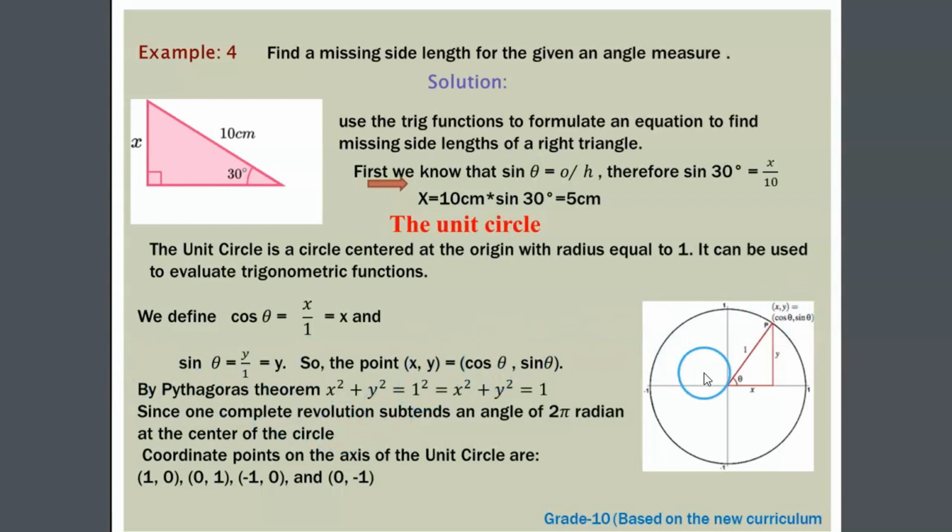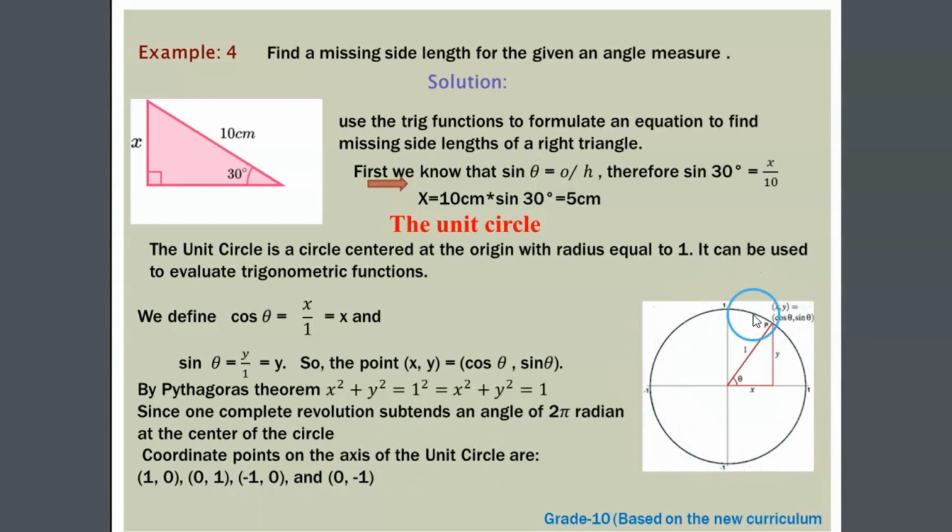By Pythagoras theorem, you know what Pythagoras theorem means? Pythagoras theorem states that the square of the hypotenuse is equal to the sum of the squares of the other two sides for any right angle triangle. So applying the Pythagoras theorem here, x squared plus y squared is equal to 1 squared. 1 squared is 1, as we know. Therefore x squared plus y squared is equal to 1. So the coordinate points on the axis of the unit circle are